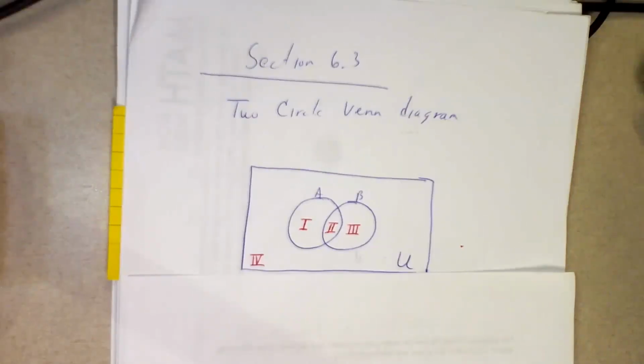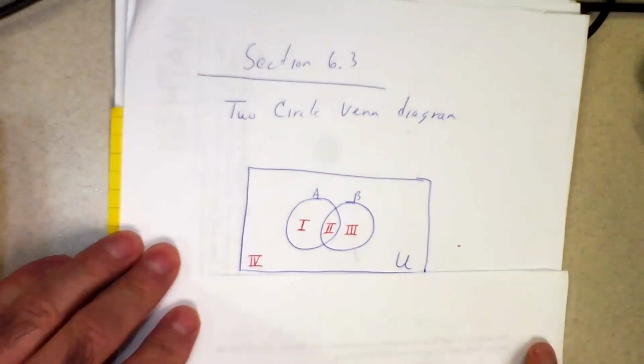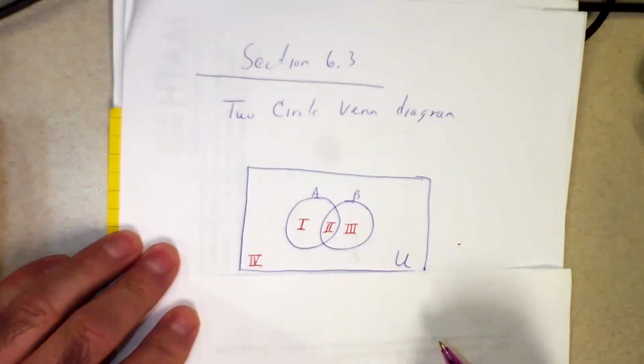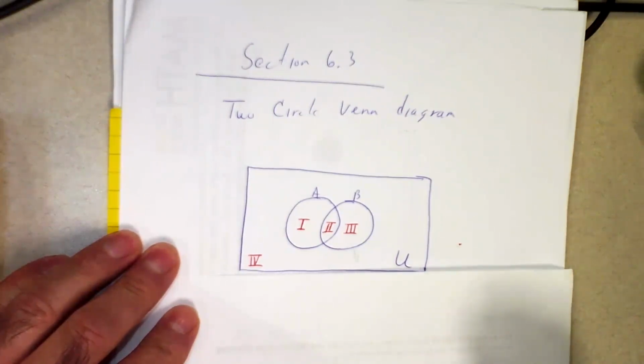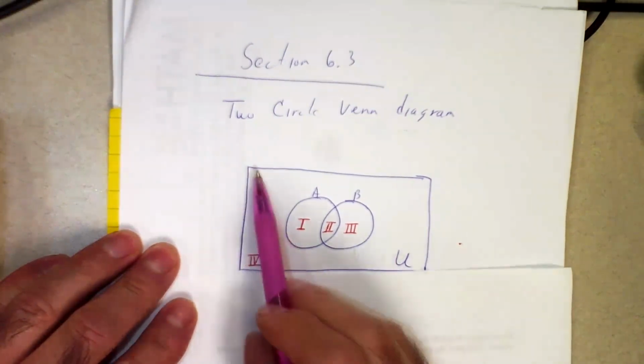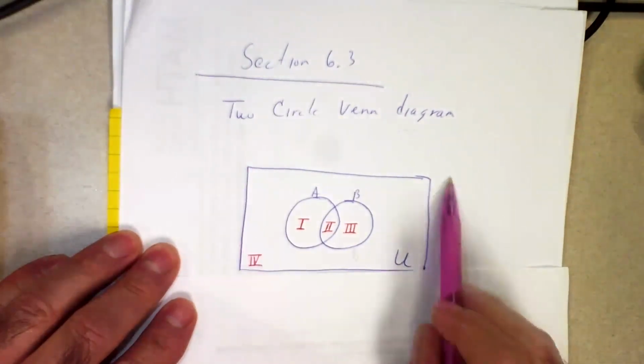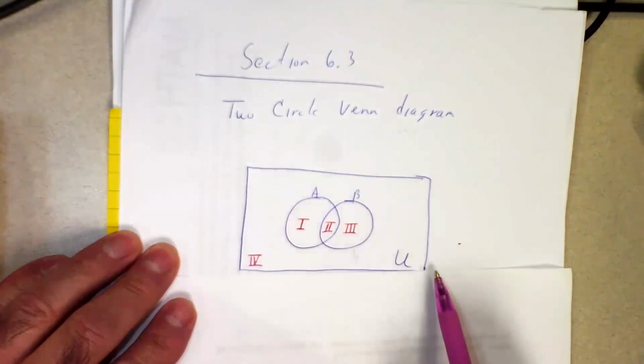Okay, class, today we're going to cover section 6.3. It's called two circle Venn diagrams. And so in order to do that, you are going to have to draw pictures sometimes. So when we deal with two circle Venn diagrams, we have our universal set, which is this long rectangular figure,